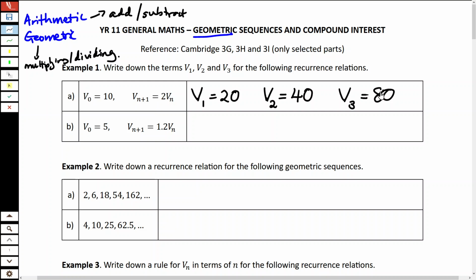Okay. Bruce, let's look at the second one. This time, where is the sequence starting? What's the first number in the sequence this time? 5. Okay. So AJ, what should we do to generate the next term in the sequence? Times by what number? 1.2. Okay, so at this point, if you don't know how to multiply by 1.2, because it is a fraction, just use a calculator. Okay, so I'll give you the numbers, 6, 7.2, and